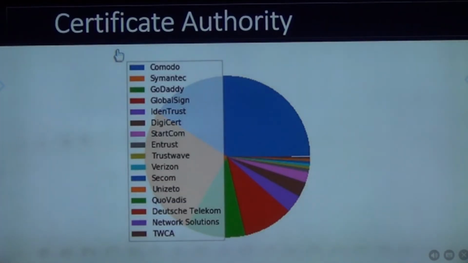So we know this is the CA and this is the root CA, and we have now understood that this is how it works. So these are some of the CAs. This is their share in giving digital certificates to different entities. So Symantec, GoDaddy, GlobalSign, IdenTrust, DigiCert, StartCom, Entrust. So these are some of these, and you can see that there are very few. ठीक है, and अगर कोई और होगी भी तो that entity may be issuing very few certificates.